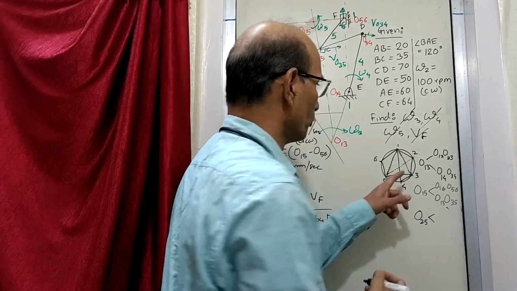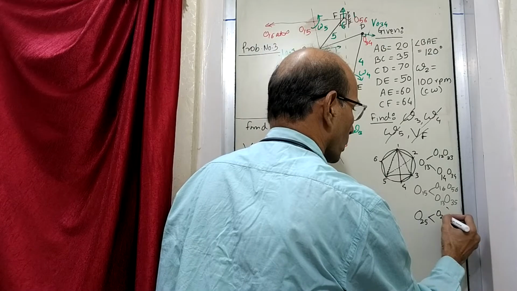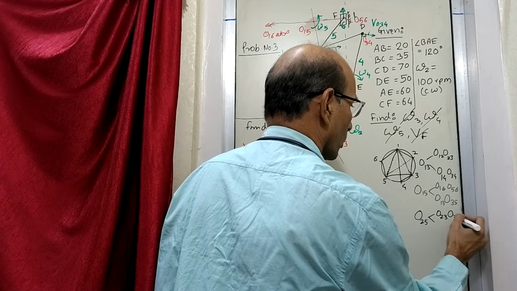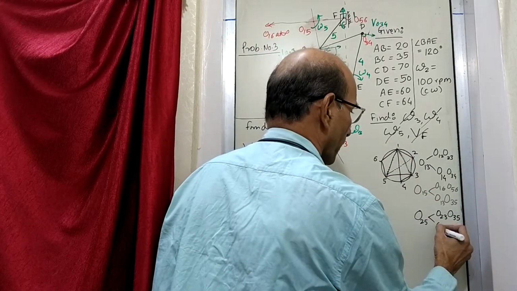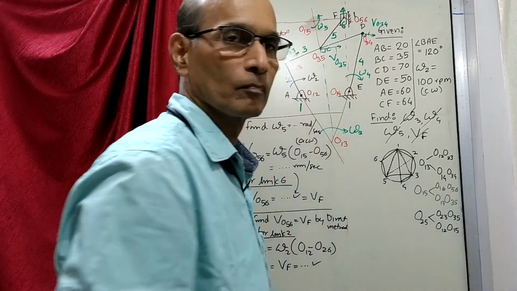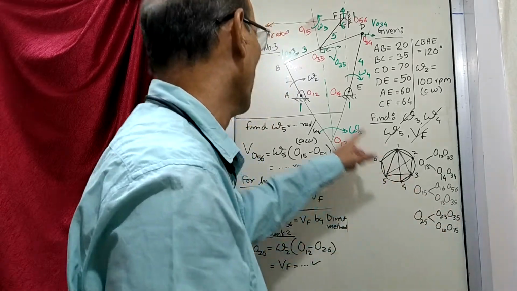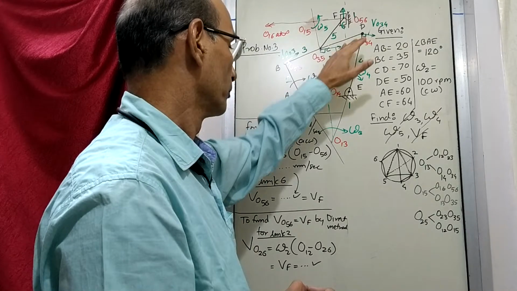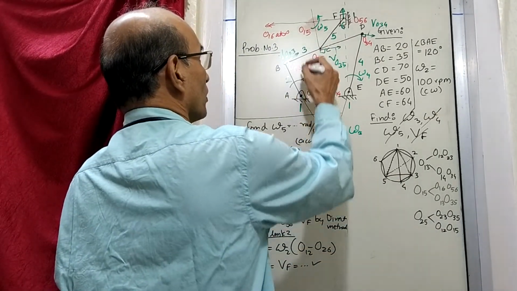You already know, so try to find out I25. How do you find out I25? It is 2-3 and 3-5. The other is 1-2 and 1-5. So 2-3, 3-5, 1-2, 1-5. Where is 2-3 and 3-5? 2-3 and 3-5 is this line. And 1-2, 1-5: now where is 1-2? 1-2 is here and 1-5 is here.